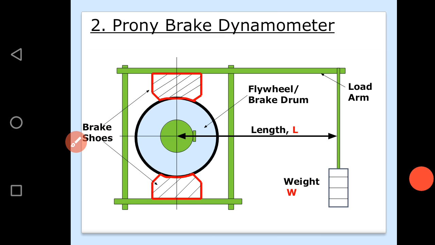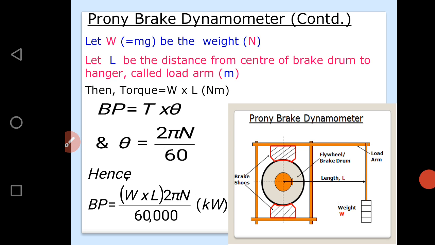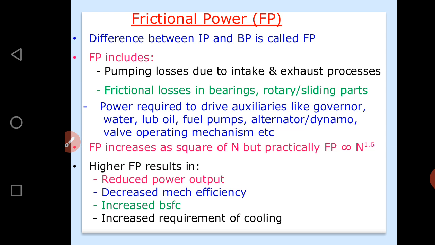So next is a Prony brake dynamometer. Again, we are calculating the brake power with the help of the Prony brake dynamometer, but normally we are using the rope brake dynamometer for calculating the brake power. So here we have already discussed